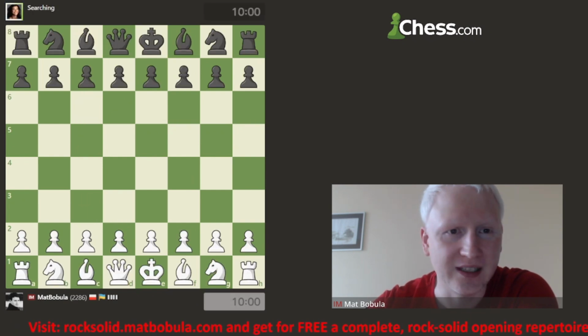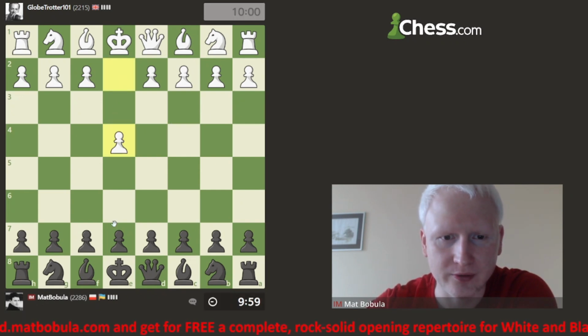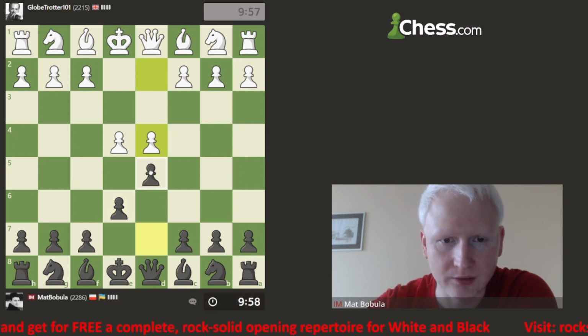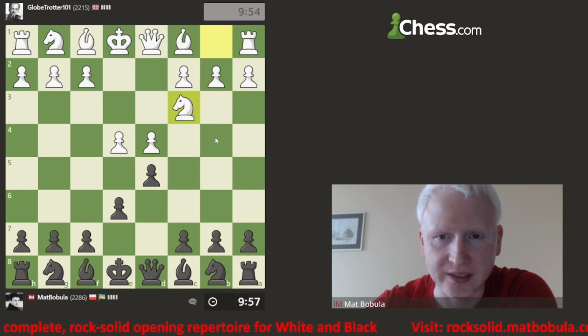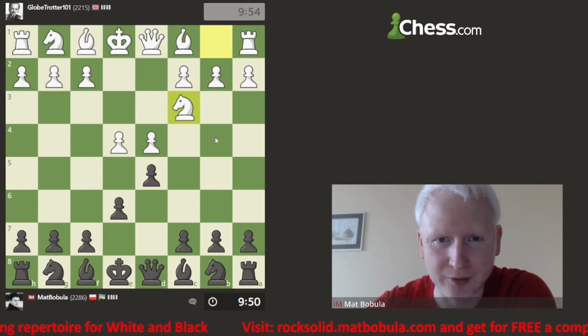But okay, let's play one game more. Okay, I play black again, e4. So now another French. Okay, and now what variation is the opponent going to pick? Okay, knight c3. So in the rock solid opening repertoire,